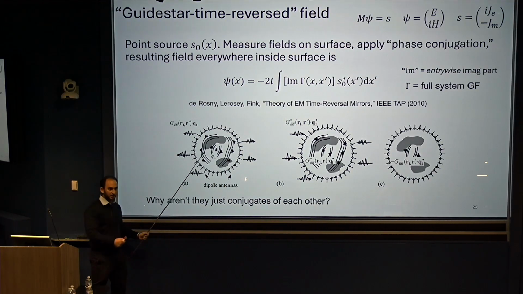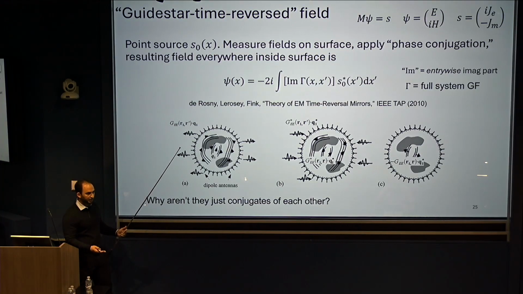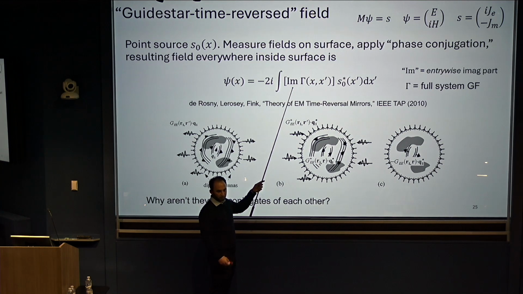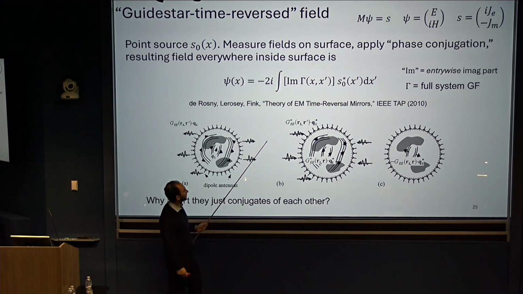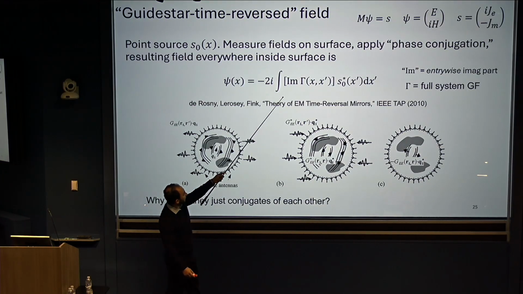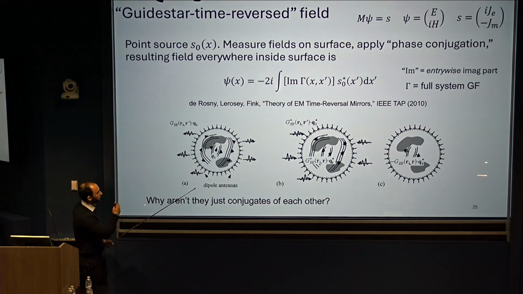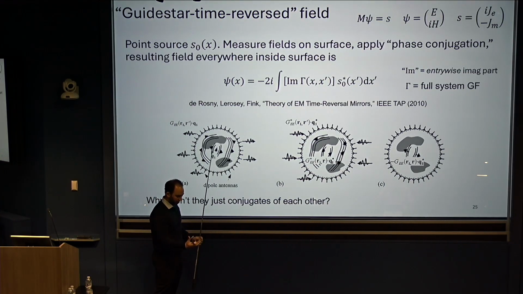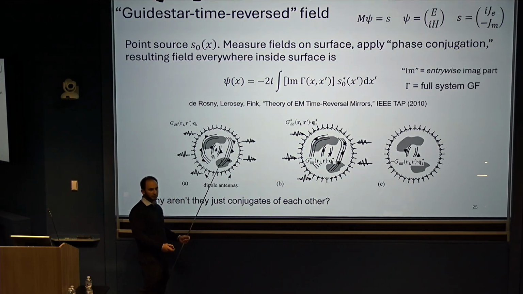And that's a beautiful quantity. This is the quantity that arises in any power calculation. This is the non-singular, non-divergent part of the Green's function. It pulls out the singularity. And this explains, people think a lot about when I do this time reversal, do I get a diffraction limited spot? Do I get perfect focusing? What happens? Here you can see immediately I've removed the divergence. There is no singularity. And it's a very general expression. But why isn't this just the conjugate of my original field? I took my field, let it radiate outwards. Why don't I just get the conjugate when I do time reversal?